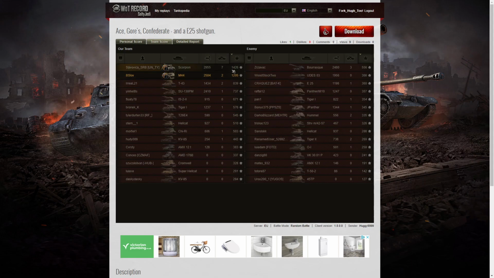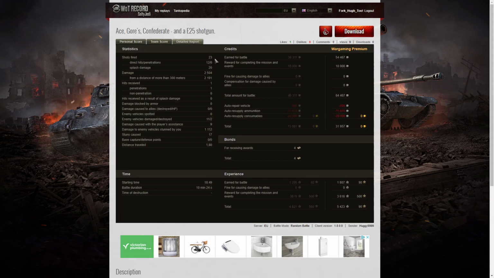When it came to base XP, it was the Scorpion again with 1,426. He's got the top in all 3 columns. 1,205 went to Huggy. These were the only 2 who managed to get over 1,000 base XP, and 839 went to the T-43. He fired 23 shots, got 12 direct hits, no penetration but 20 splash. Damage of 2,504 hit points, of which 2,191 were at more than 300 meters. He received 1 hit. It was a penetration, that was from the E25, but he got his revenge on the E25 by shotgunning him at close range. 11 enemies were damaged, 2 killed, and 9 enemies were